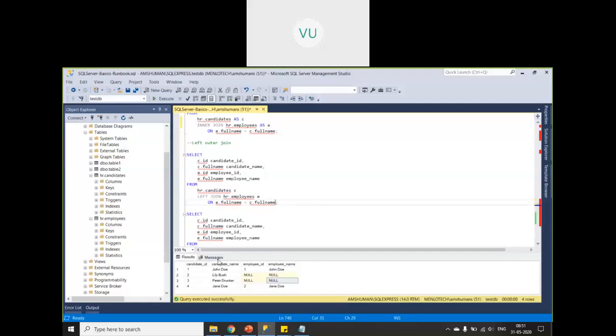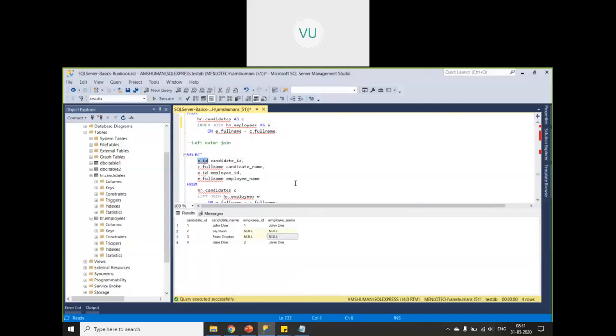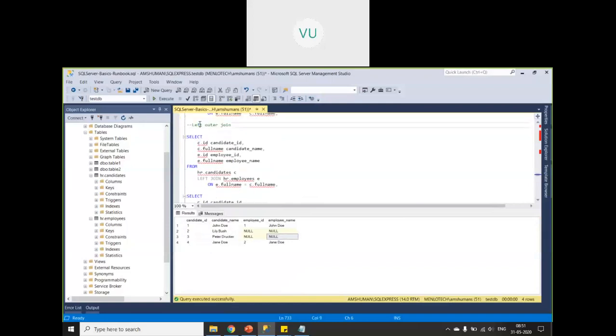That way it will be easier for you. Otherwise, you have to run 2 queries. One is similar to an inner join, and then you have to run another query to get all the records of your C table, and then apply some logic in the code to filter. It will be difficult for you to do. That's where left outer join will be useful. Understanding these can get confusing actually: left outer join, right outer join.